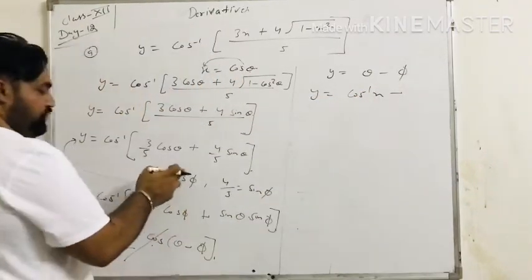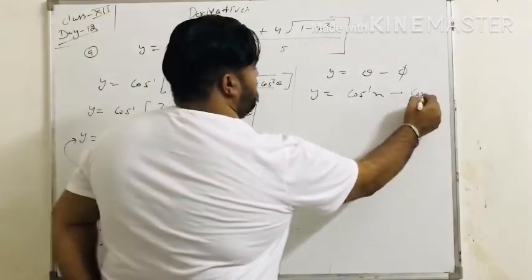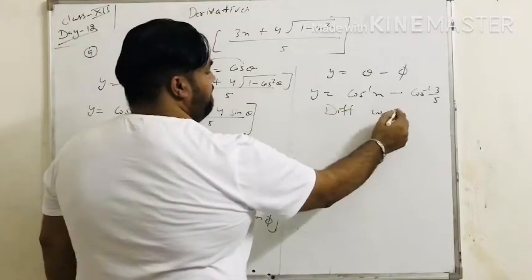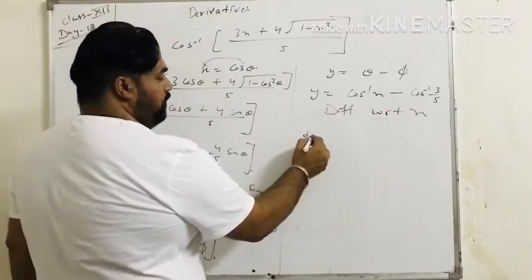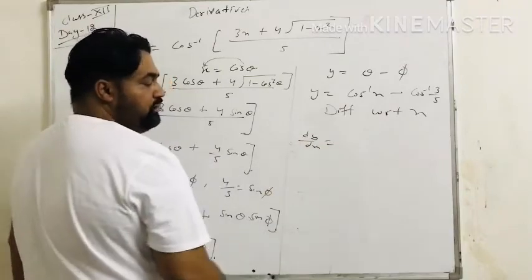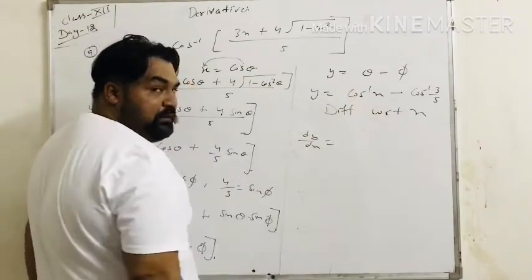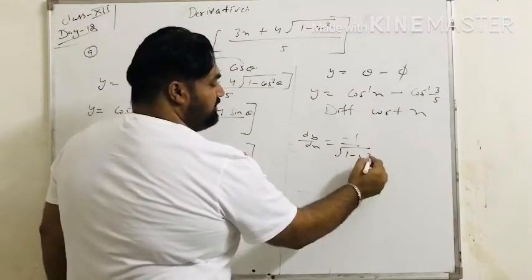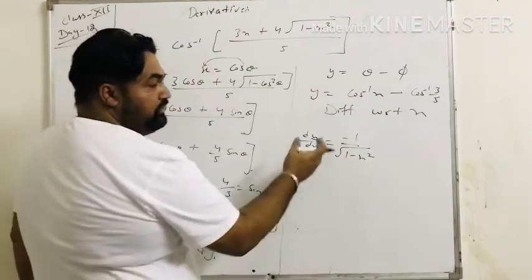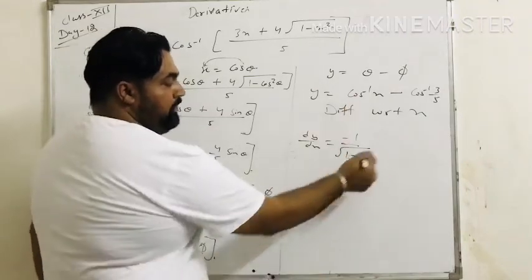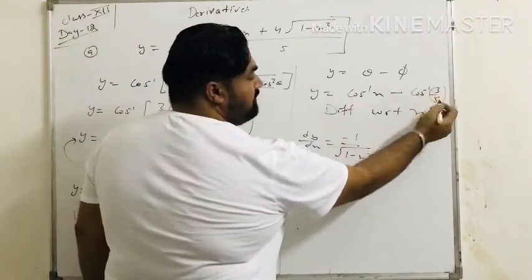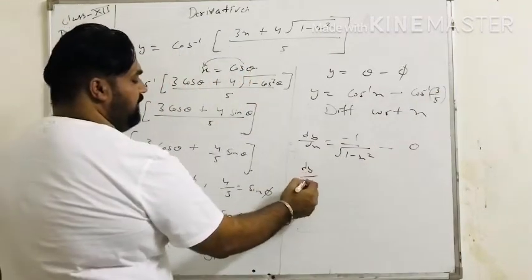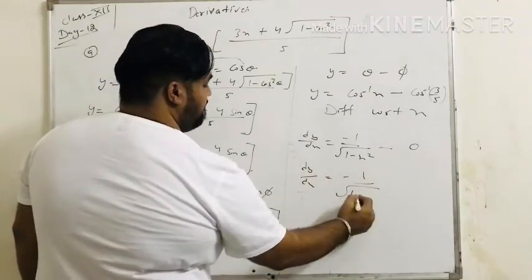What is the value of alpha? Shift this cos to this side: cos inverse 3 upon 5. Now differentiate with respect to x. So dy by dx equals, now the next formula, derivative of cos inverse x. The formula is minus 1 upon root 1 minus x square. Please note down these formulas in your favorite book. Minus, this is a constant, because the derivative of any number becomes 0. So the final answer is